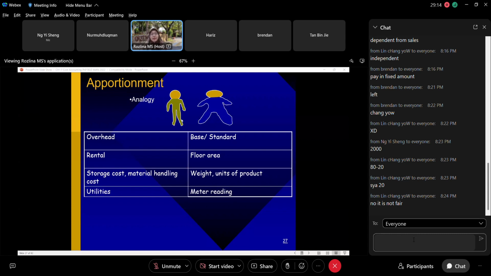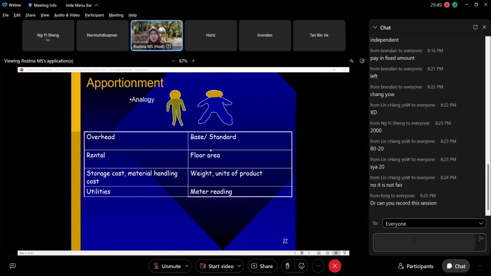That is what you have to think about, the technical side, how to divide or how to share the portion. So we call it apportionment, like this overhead. Let's say about the rental, sewa. What is the base you want to use? Okay, for rental you use floor area. Betul? So like the master bedroom just now, if Brandon takes the master bedroom, Brandon needs to pay more lah. Kan? Sepatutnya lah.